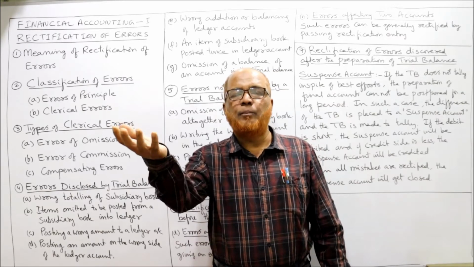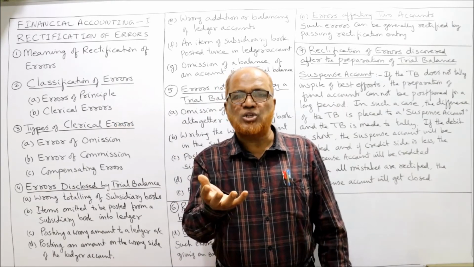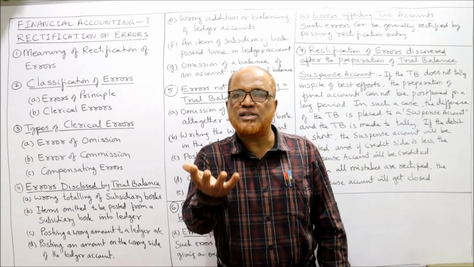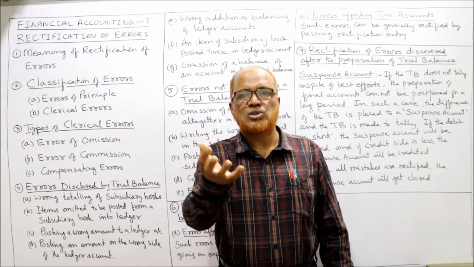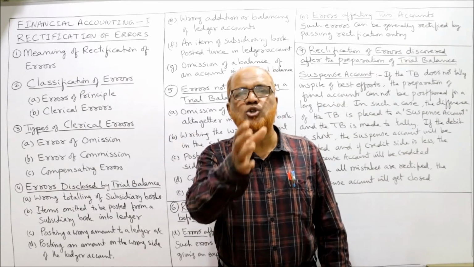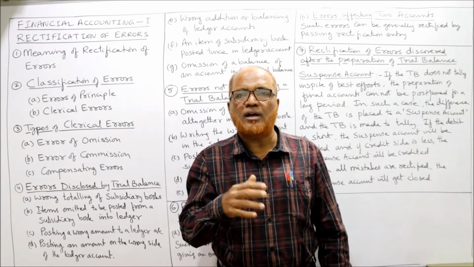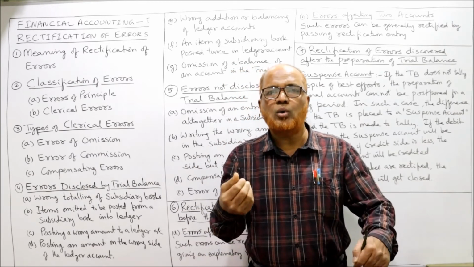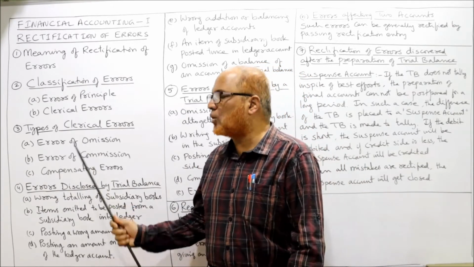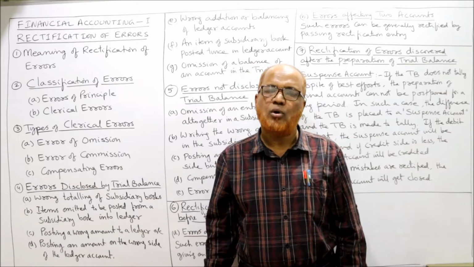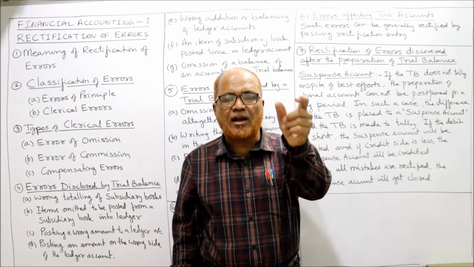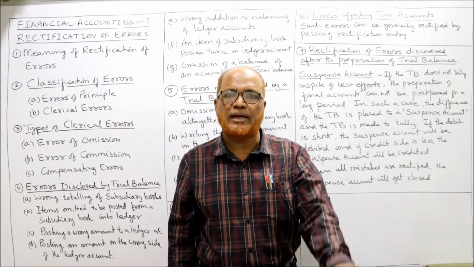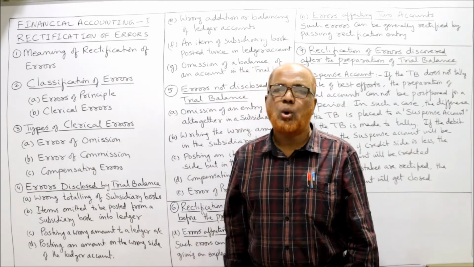Simple example: when goods are purchased on credit, it should be recorded in the purchase book. Purchase book is a subsidiary book. So when credit purchases are made, they should be recorded in the purchase book. But the accountant has forgotten to enter it into the purchase book. The entry is altogether omitted. This type of error is called error of omission. Similarly, an entry is recorded in the purchase book but forgotten to be transferred to the ledger accounts altogether. This is called error of omission.